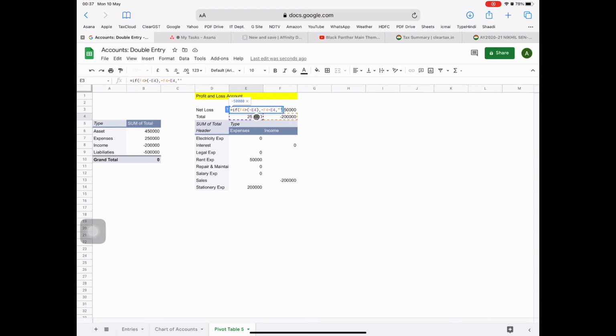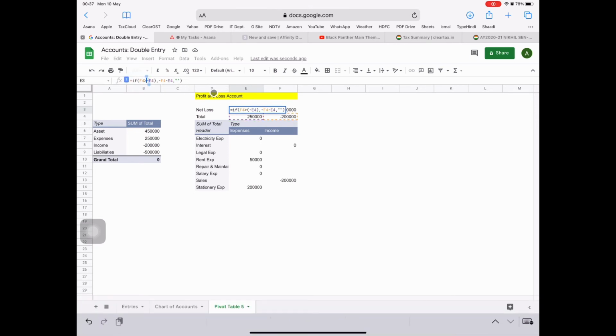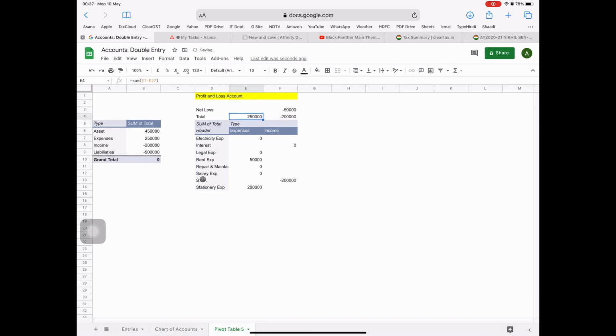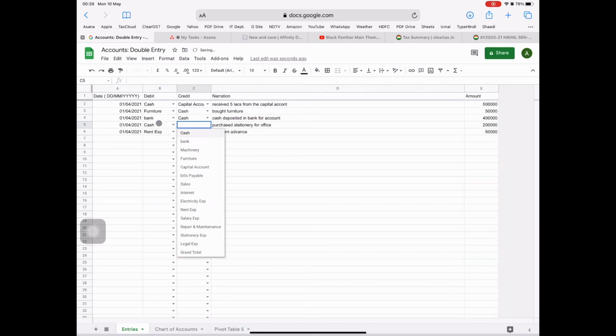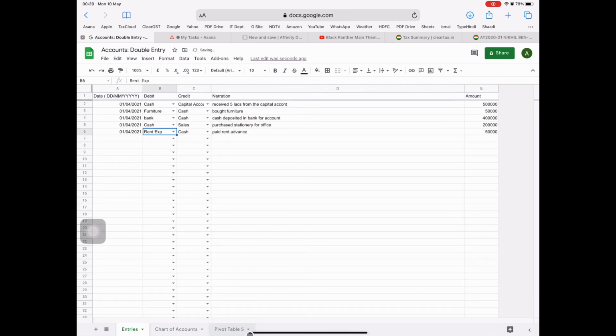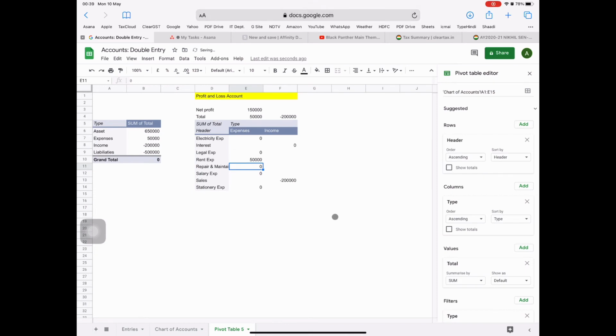Okay, so suppose we have made a cash sale, then by changing the entry, our net loss has become a net profit of 1.5 lakhs. So it's a dynamic relation. With change of each and every formula, your whole accounting reporting is changed, whether it's trial balance, profit loss account, or balance sheet. Okay, in the next videos I will also show you how you can maximize your reporting power,